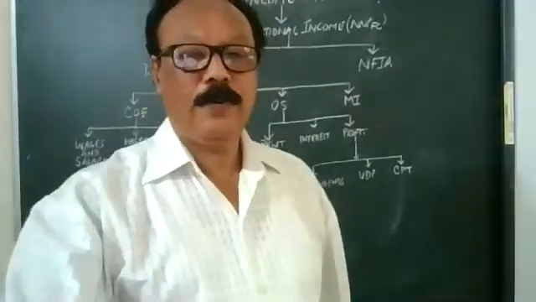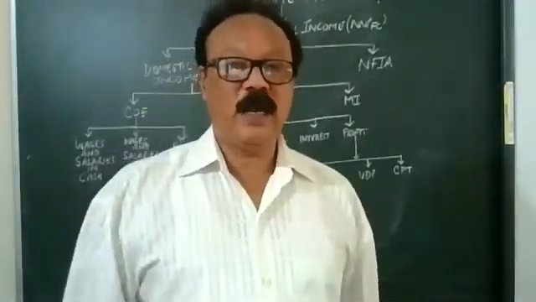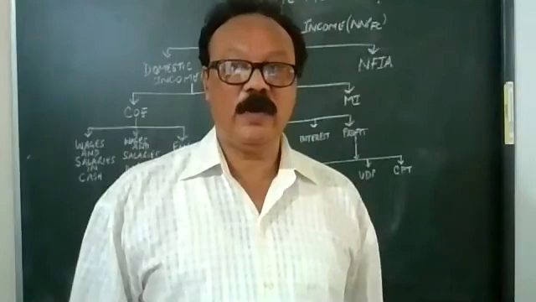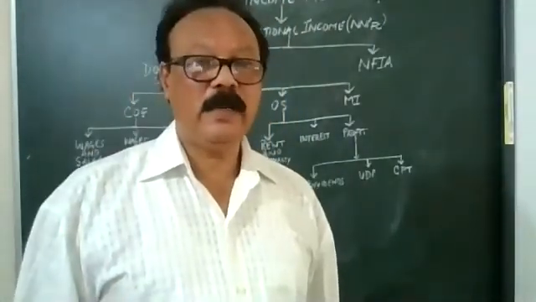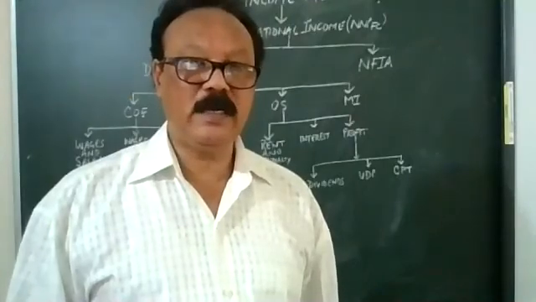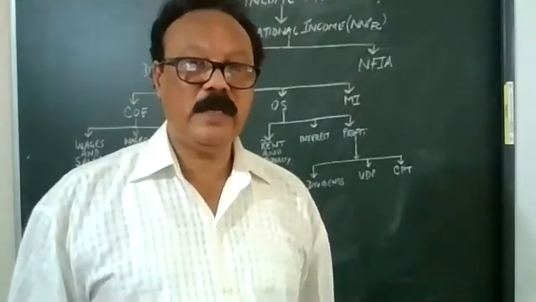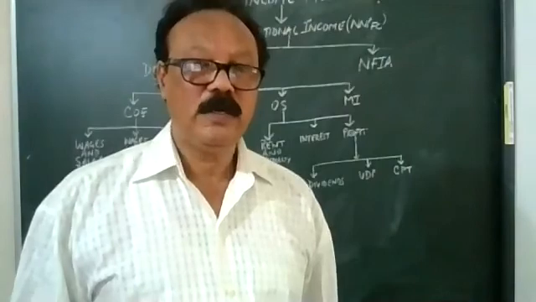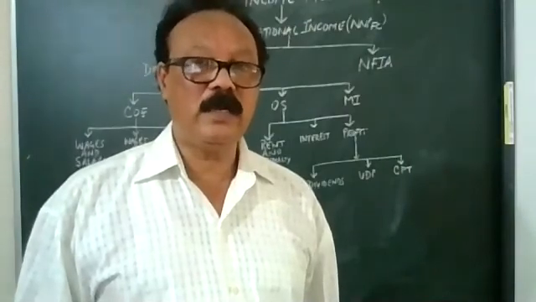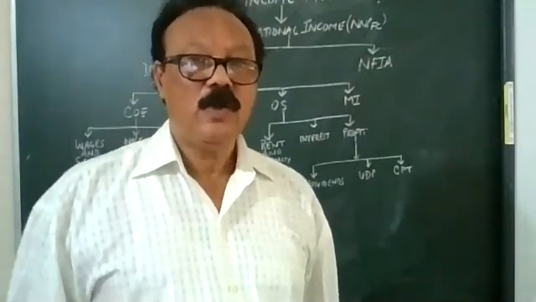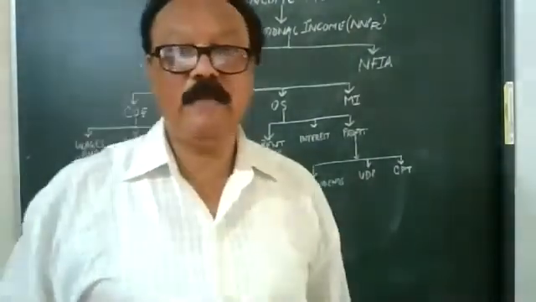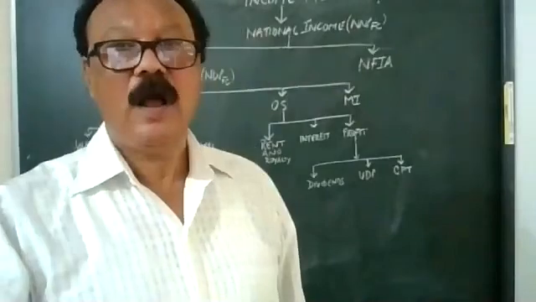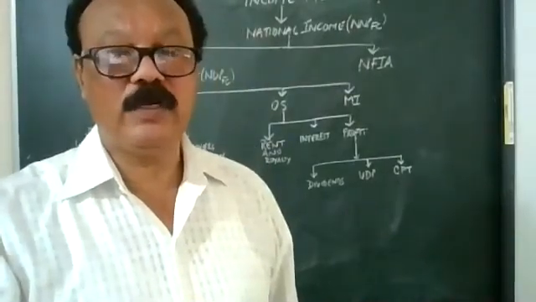We stop today's class here. So the theory is very important: how to calculate the national income by income method. Two steps basically. First, calculate the domestic income, NDP at factor cost, and then calculate national income, which is NNP at factor cost. To calculate the NDP at factor cost, these are the steps which I have given you, and I have given you their parts. After which we will calculate the national income.